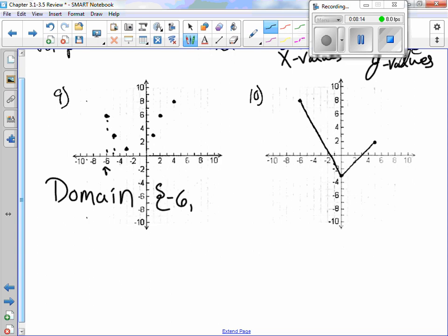The x value for this one is -5. The next one is at what? -3. And then we have one at 1. The x value for this one is at 2. And our last one is at